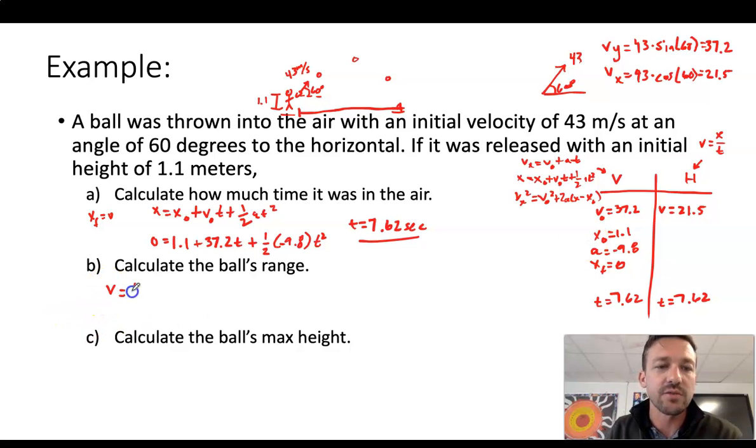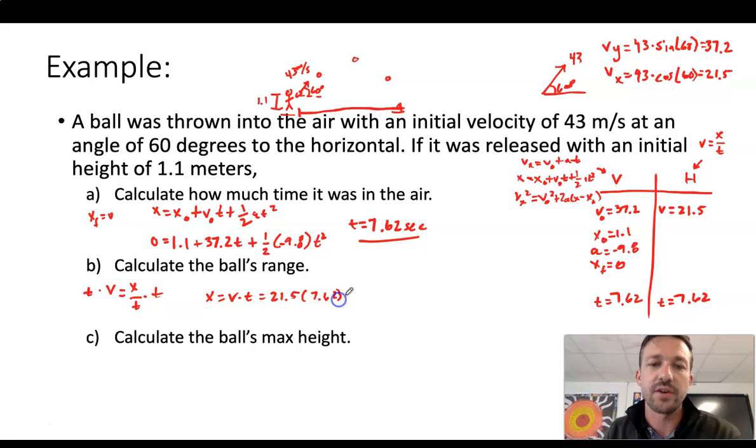So I got v equals x over t. Well, if I want to solve for x, I would multiply by t on both sides, right? So my horizontal distance will be equal to velocity times time, which should be a pretty simple thing to do here. Now remember, it's only the horizontal velocity, because that's what we're talking about. The horizontal velocity was 21.5. We're going to multiply it by the time, which was 7.62, because that's how long it was in the air for, right? So 21.5